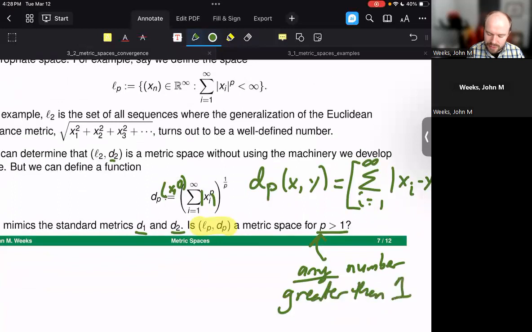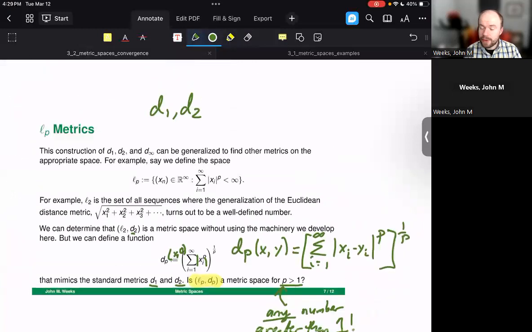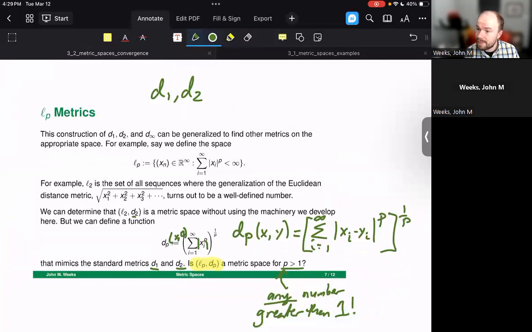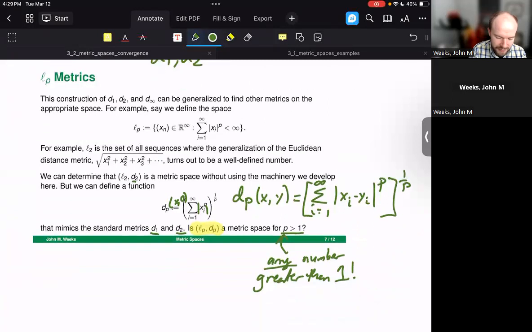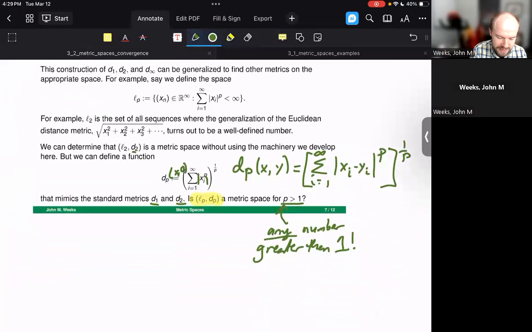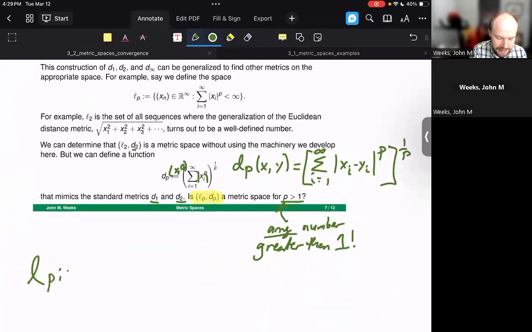So what I'm about to introduce to you is a rather important class of uncountably many metric spaces, and they all are of the form little LP. What are they? They are subsets of the real sequences. I'll define it for you here: this space, little LP, is defined to be the set of all real sequences